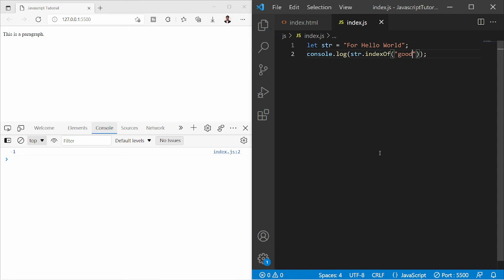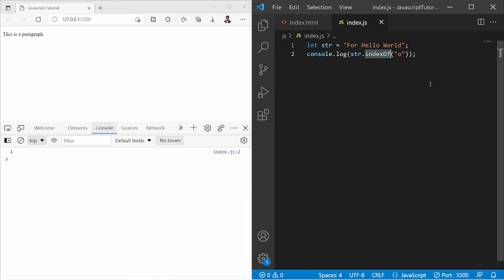Now you may have a question: suppose I want to search for the o character, but I want the second occurrence index, not the first occurrence. If I save this file, it returns the first occurrence, which is the default behavior of indexOf.